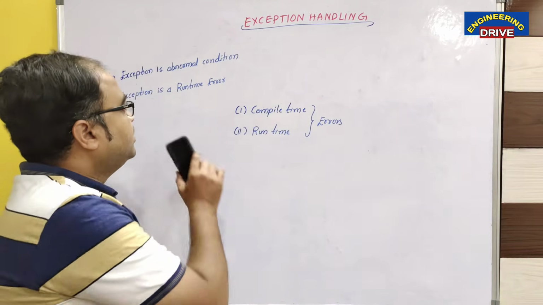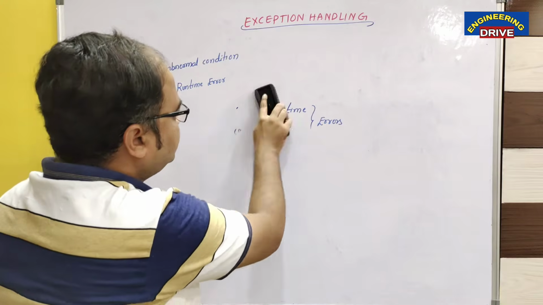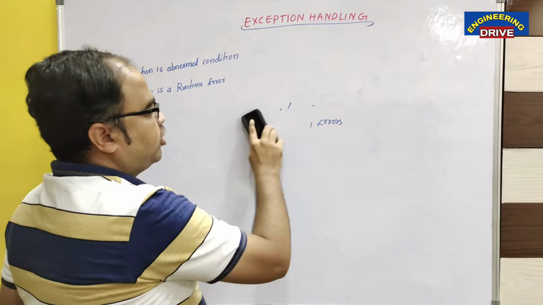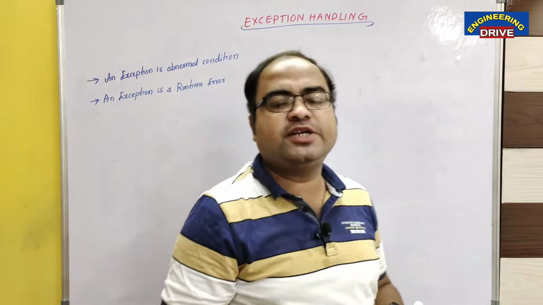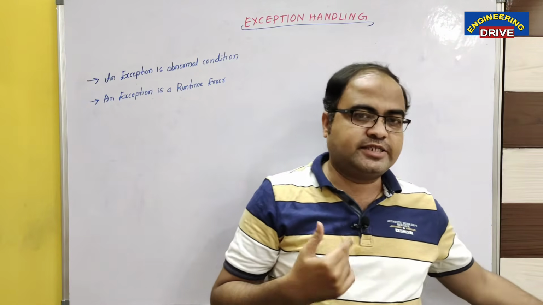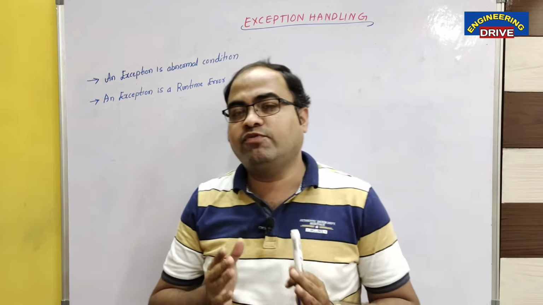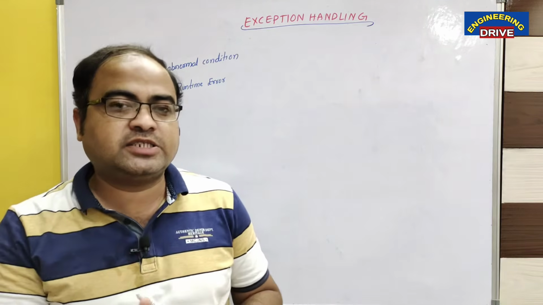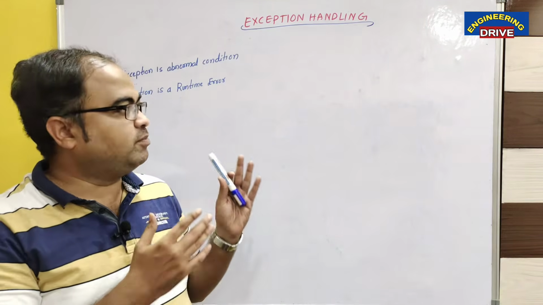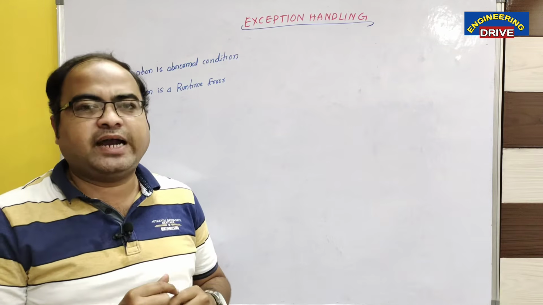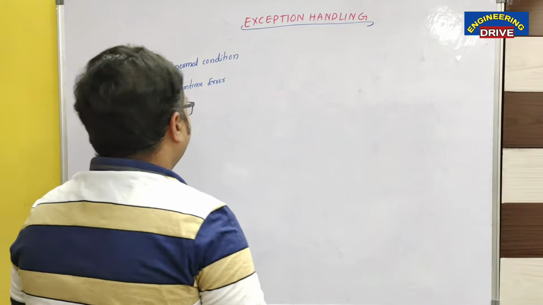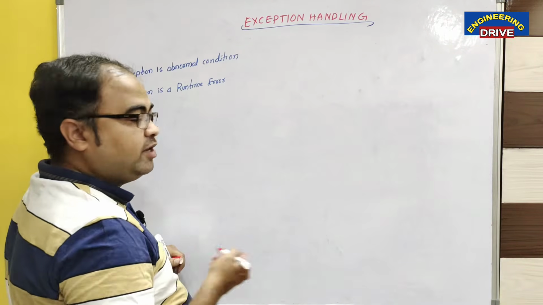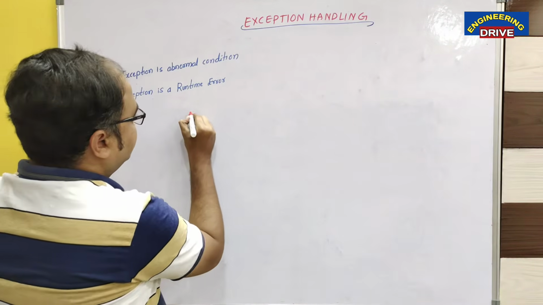Okay. Now, how does Java handle exceptions? This is the important point. Programming languages like C don't have this facility to handle runtime errors or exceptions. But Java has a very good mechanism in which it can easily handle this type of runtime error. Java handles runtime errors by providing 5 keywords in total. How many keywords? 5. So what are those?